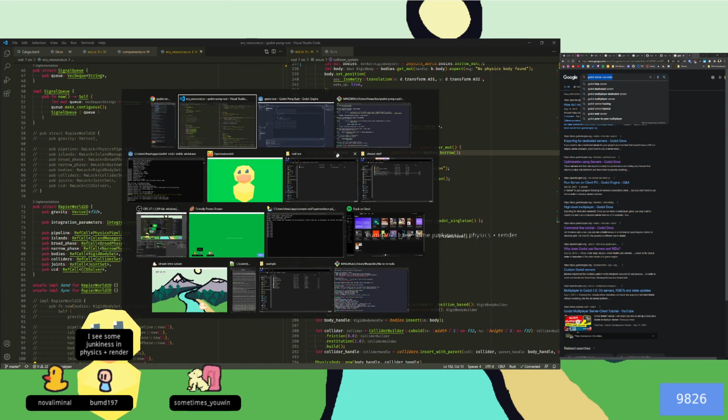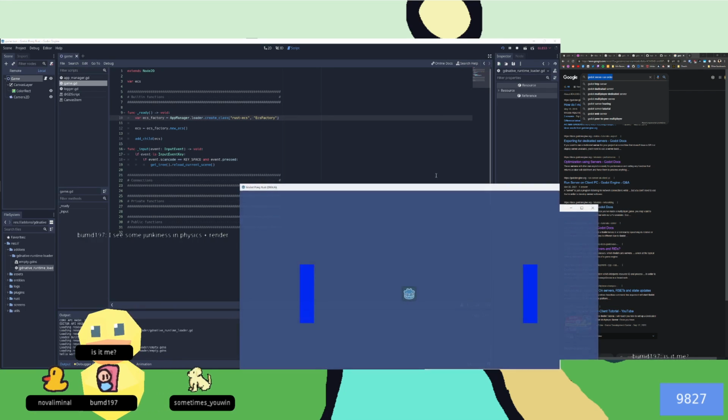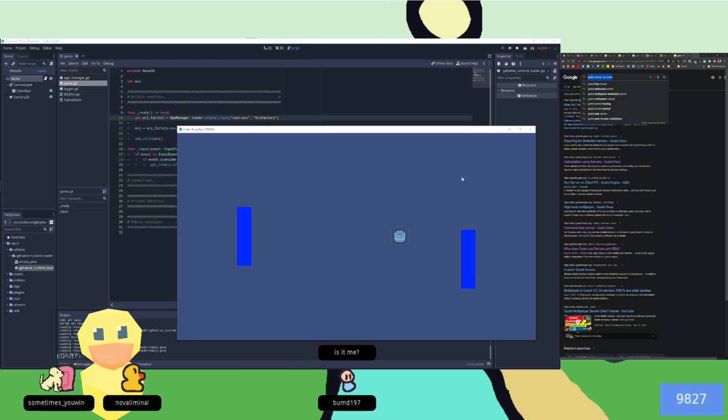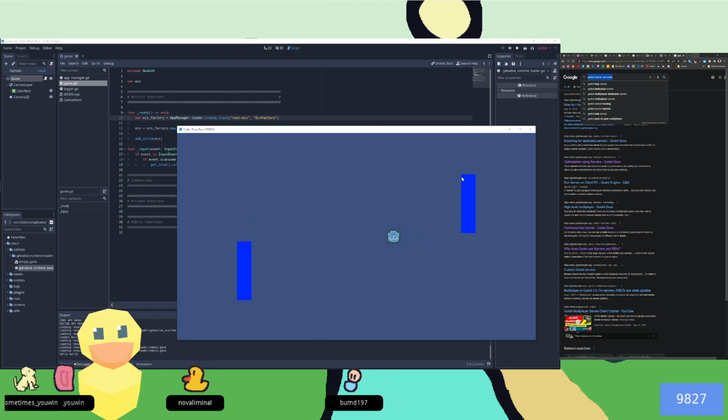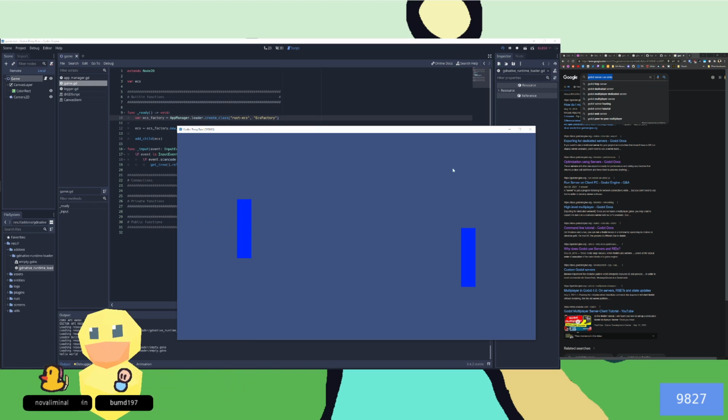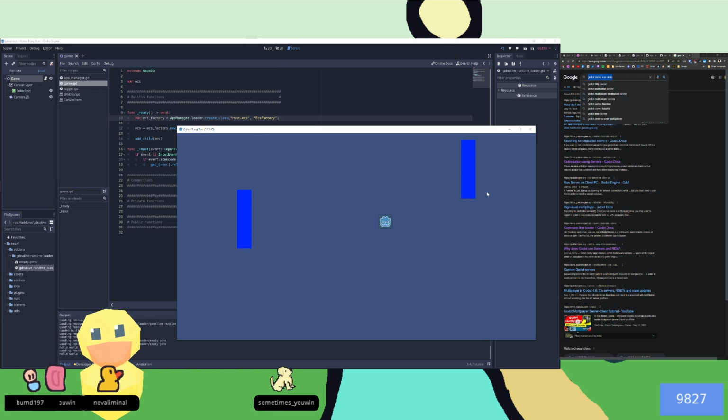See some junkiness in the physics plus render. Is it me? No, there's a little bit of jank. There's a little bit of jank. So it's not completely smooth, but also I feel like the collider is not big enough, if that makes any sense. If you see like, no, that was okay. But